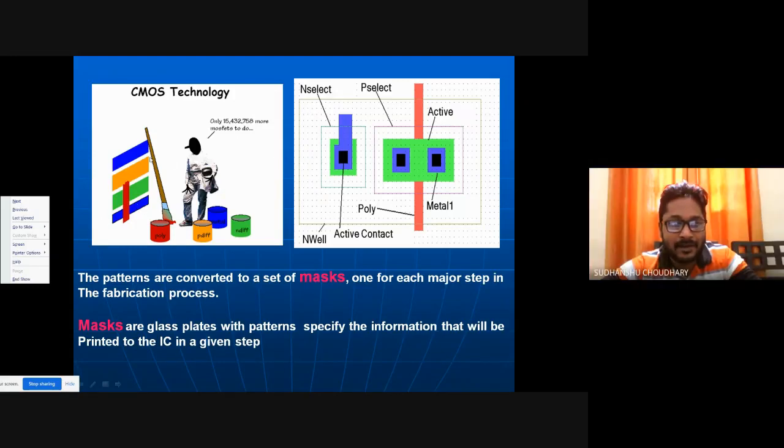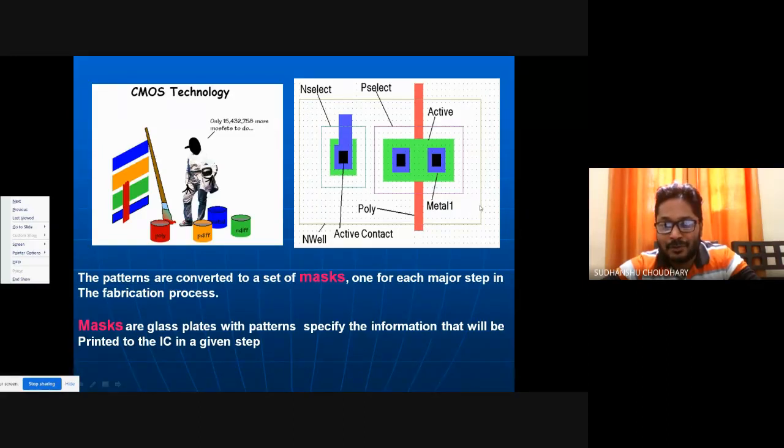These are geometric patterns, for example, and the color of these geometric patterns have some meaning. For example, normally red color is for polysilicon gate. Similarly metal line, metal one, is normally blue color. Similarly green color is for diffusion region, that is for source and drain diffusion contacts. You utilize this green region, which is also called active, right? So this is, I think, a P-type transistor, or PMOS, for which the layout is created.